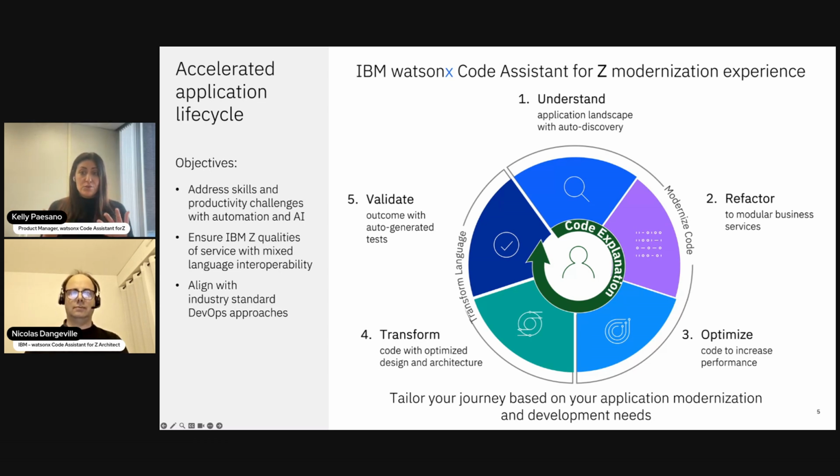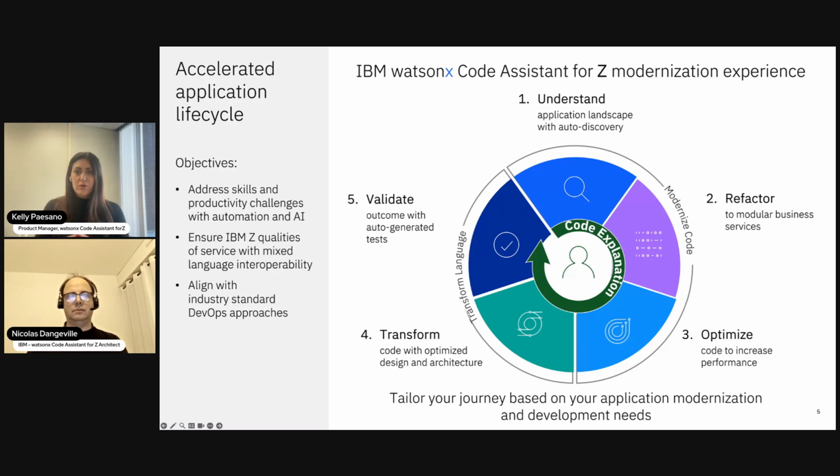Or you may choose to transform your new service into a new language. With watsonx Code Assistant for Z, we use generative AI and automation to transform COBOL to Java. The Java produced is well-architected, object-oriented Java, and it maintains the IBM Z runtimes and qualities of service that are required for enterprise applications.